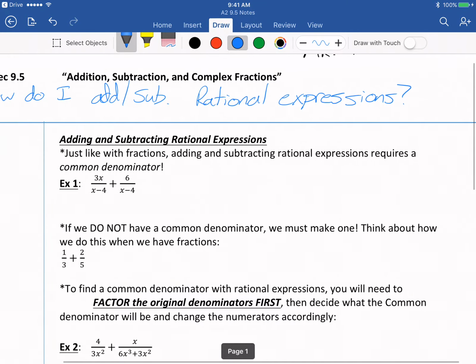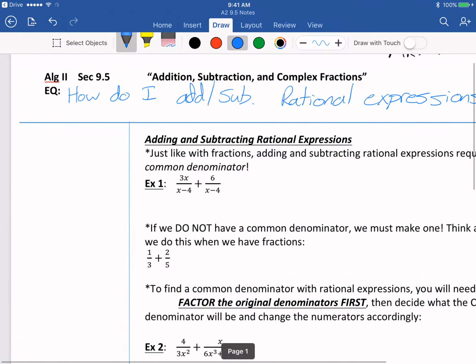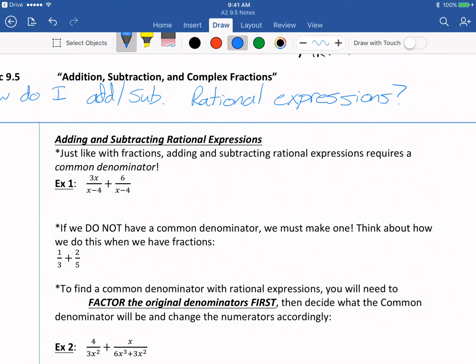We've looked in the last couple days at multiplying and dividing rational expressions. If you remember, when multiplying rational expressions, we just multiplied straight across. Dividing rational expressions, that's when we keep, switch, flip. Now there's a little bit of difference for adding and subtracting. The main thing I want you to highlight